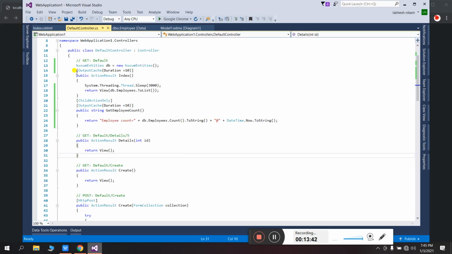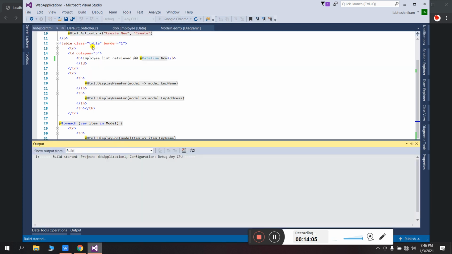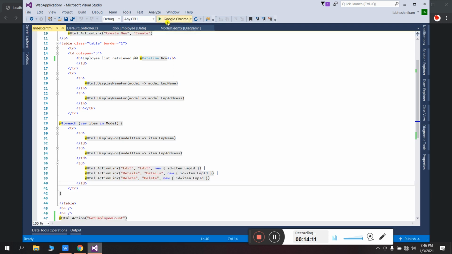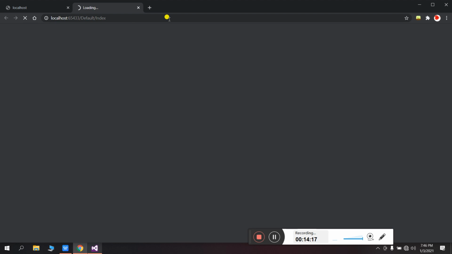And during that I have to remove this code, because I want to use the portion of this code from GetEmployeeCount. So I will remove this from here and this from here. The GetEmployeeCount will be used by this Index method. So save it and build it.